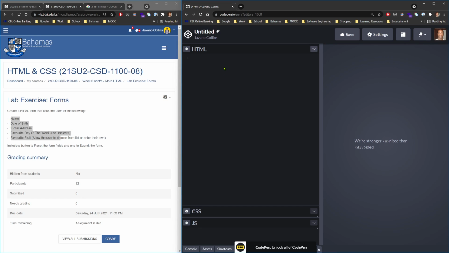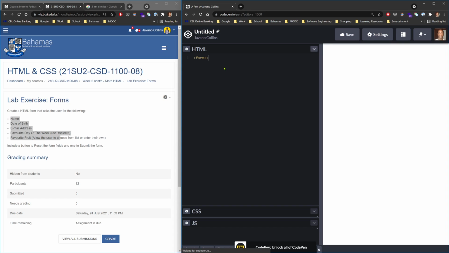Okay, so we want to start by creating our form tag. Create our form tag, opening and closing. Great. So the first thing that we want is an input field for our name, right? So we're going to create an input